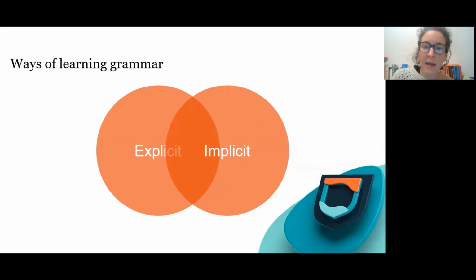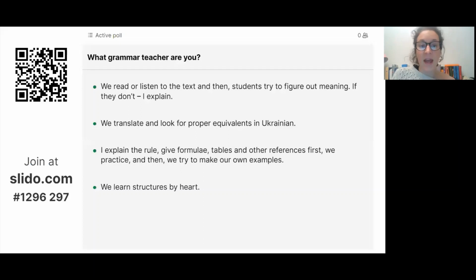What does it mean? Implicit is when we give instructions to students, and they just do it, when we tell them this is the rule and now you follow the rule. Explicit is when students are figuring out what the pattern is, and they think, so there might be some rule. But we cannot allow students to make up their own rule without checking it with reality, right? So we combine explicit and implicit.